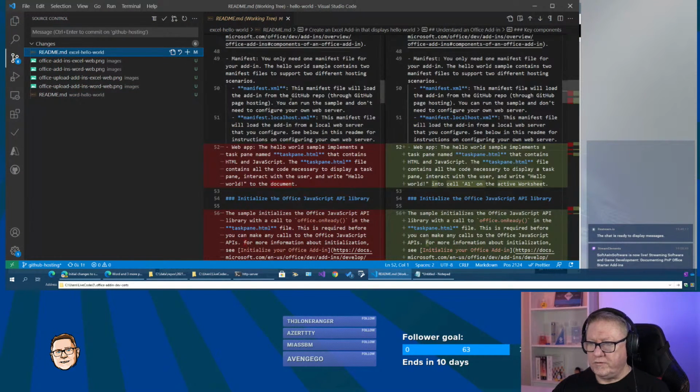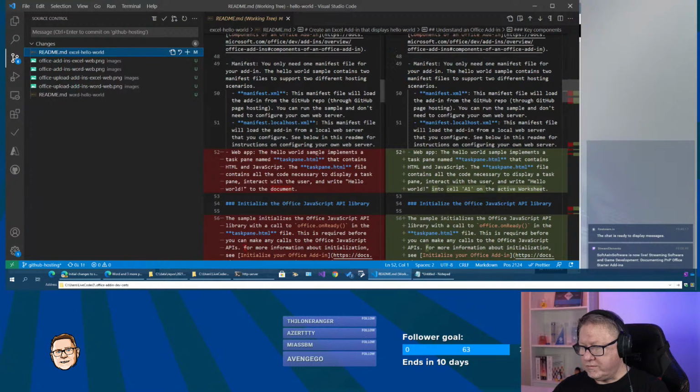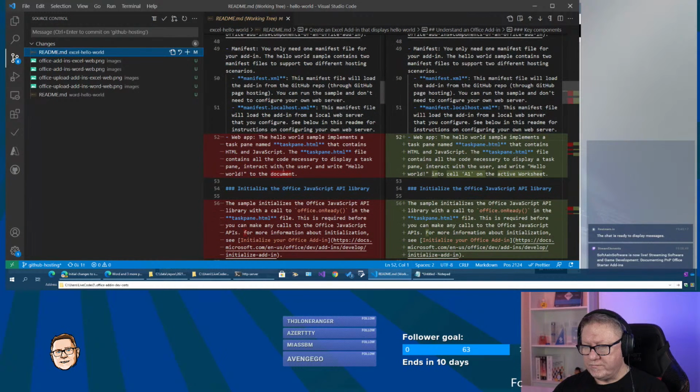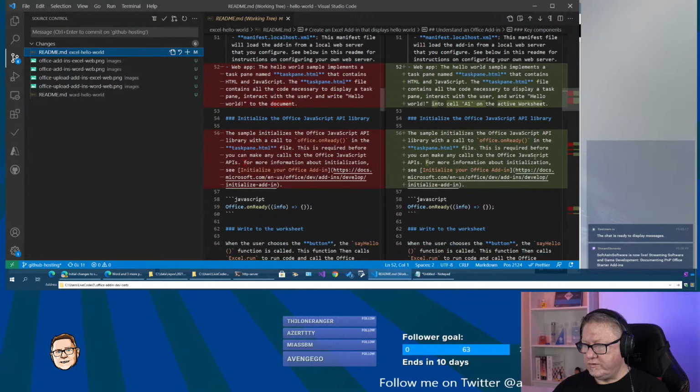And the Excel version has a few minor changes. So, a couple of steps. That's renamed to cell in the worksheet. That's okay. And this is changed from